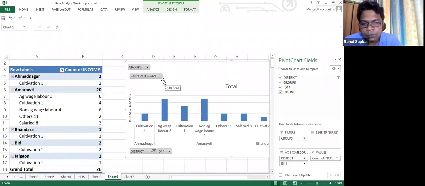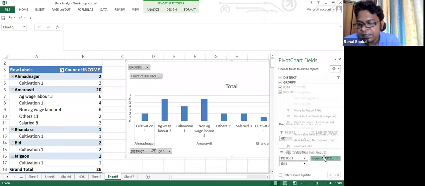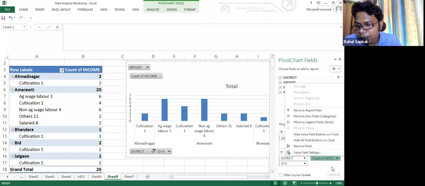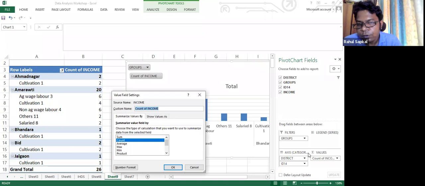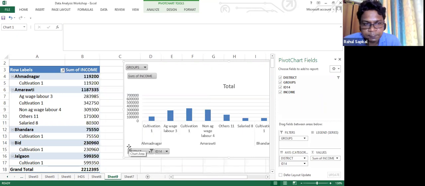Now I'm interested to actually see not only the count of the income, but I'm interested to see what is the average income. So I will go to here in the value, summation value. I will click here. I will put value. I'm interested to know now taking the sum. Okay. Now I have taken the sum.